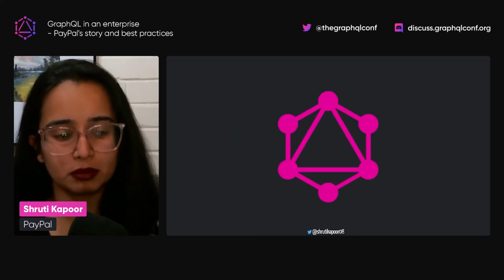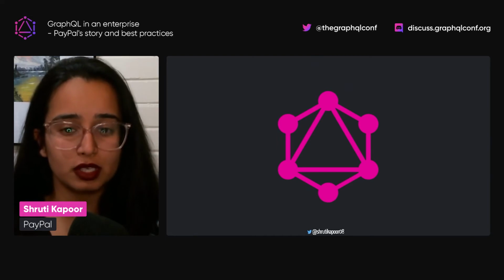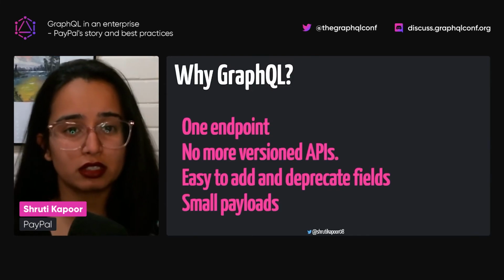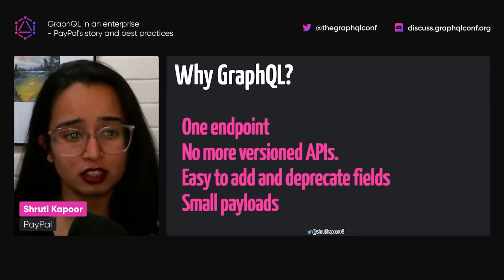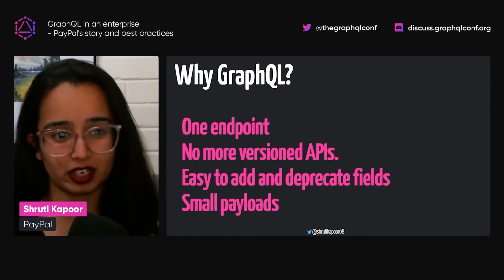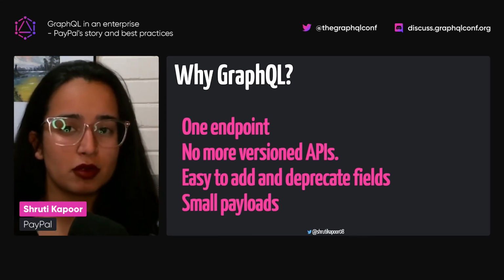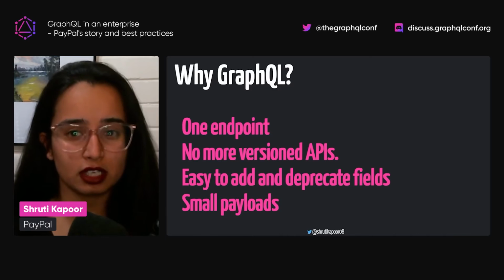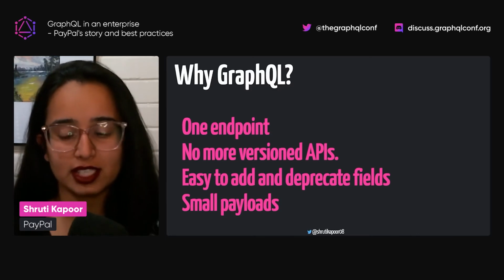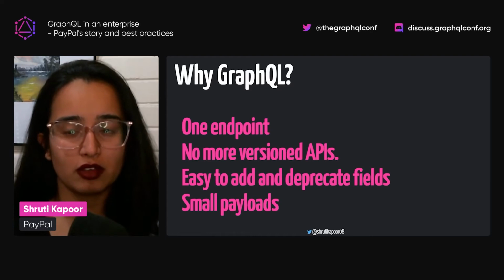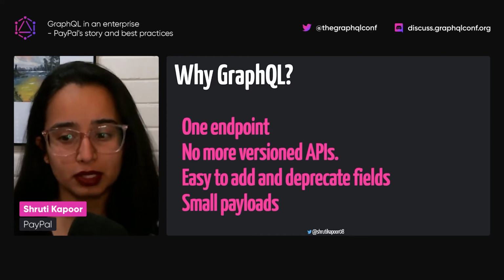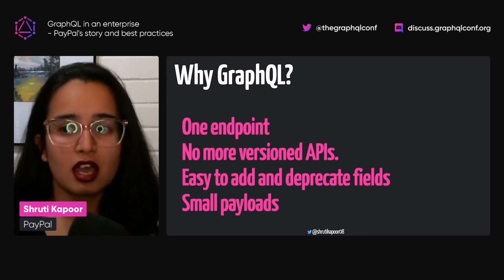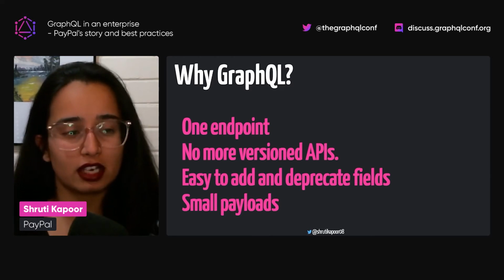And so GraphQL turned out to be a candidate that would solve all of those problems for us. Some of the reasons GraphQL seemed really enticing to us is because we have the concept of one endpoint. So we can push as many updates as we want. We don't have to add any query params or any new endpoints. We can add as much data as we want to our GraphQL endpoint. And because everybody would be integrated with the GraphQL endpoint, we don't have any versioning anymore. So the updates are delivered as and when they are ready and as and when the client is ready to integrate with them.